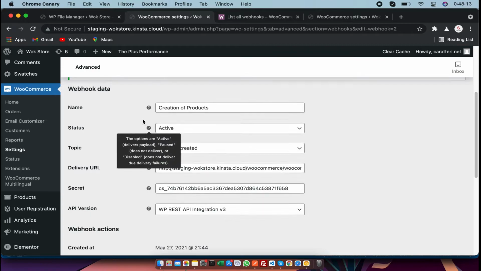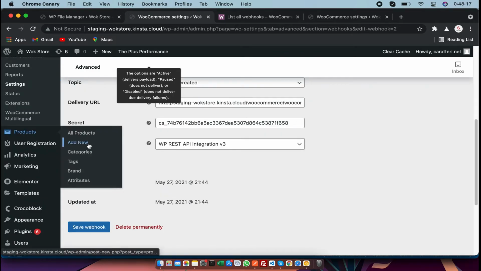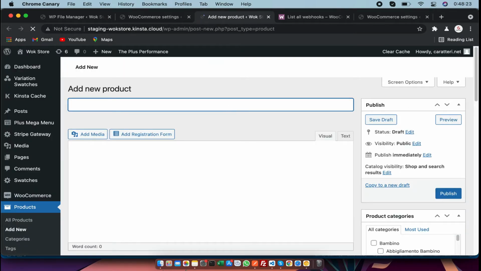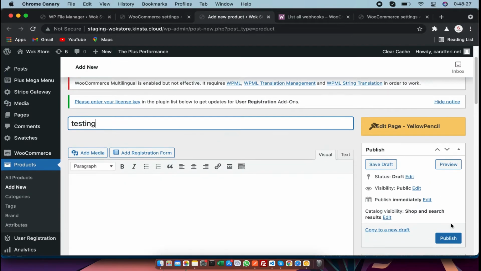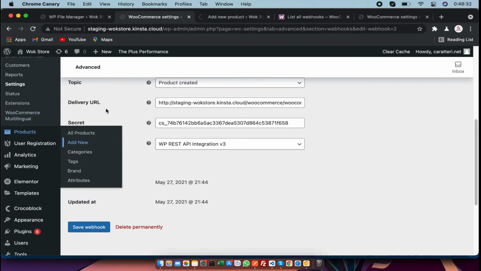For testing the webhook, you need to create a product. I am going to create a product for testing it. Just create it, and here we go.